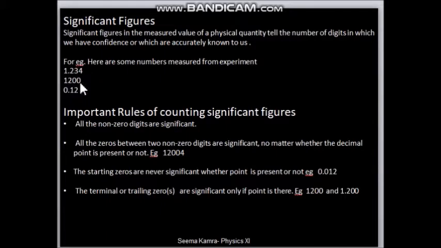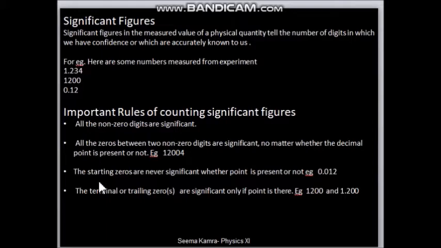Now if we see the second number, in this zeros are appearing. So the rule of counting zeros is different according to their position, where they are appearing. So let us revise these rules. Broadly, I have listed this set of rules in 4 points. You have to remember in short these 4 points only. It will be easy for you. So first rule is all the non-zero digits are significant. They are always counted. Okay.